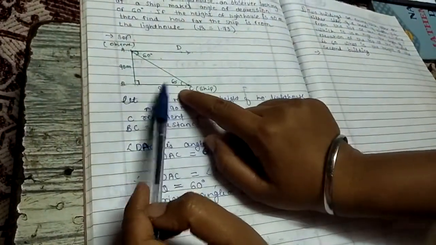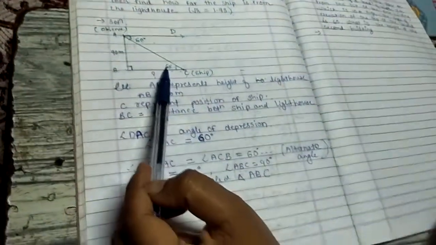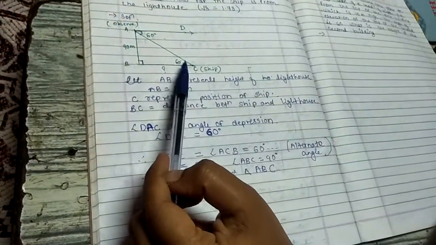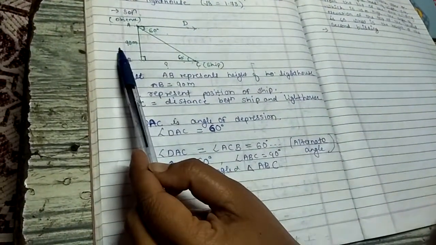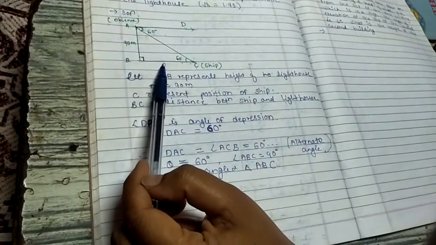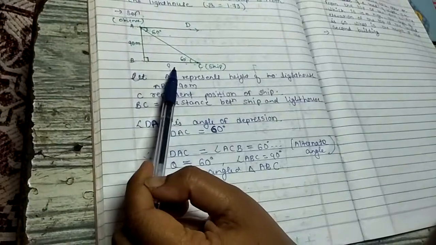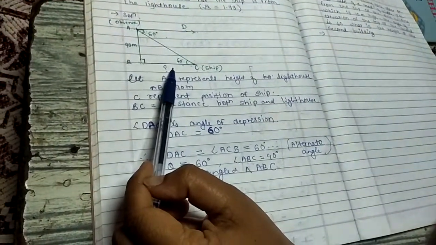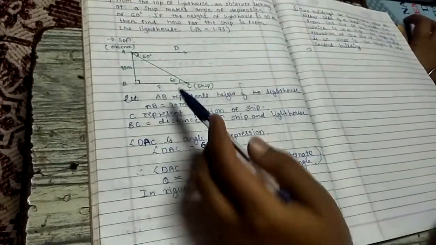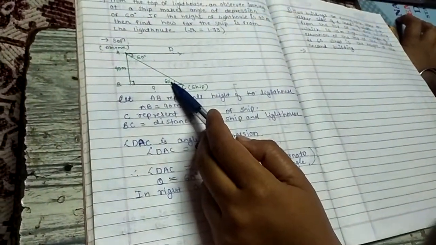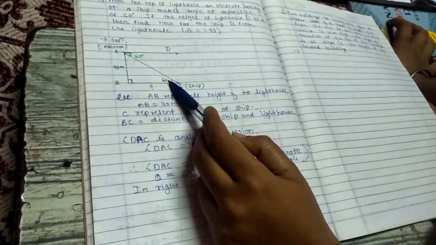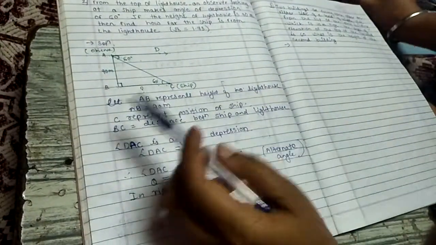So related to the BC side, which things are given? Related to the theta angle that we have to find. Theta angle is at point C, and opposite to theta the side is given and we have to find out the adjacent side. Opposite and adjacent, this ratio is related to tan theta. So that's why first here we are going to use tan theta. Suppose instead of tan theta you want to use sin theta, then what is the ratio of sin theta? Sin theta is nothing but, what is it?